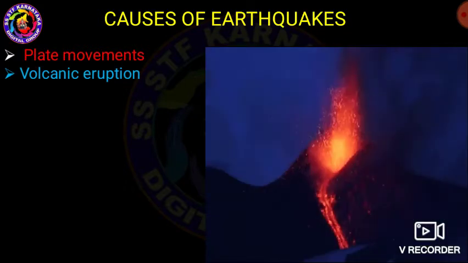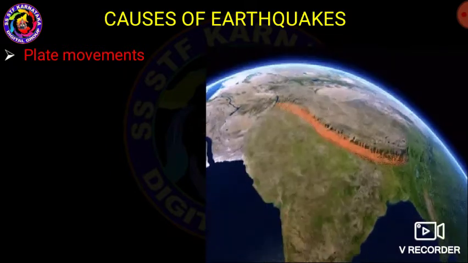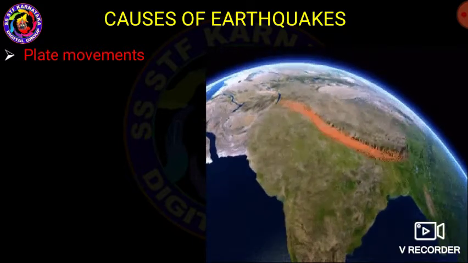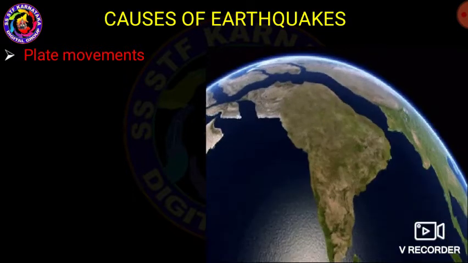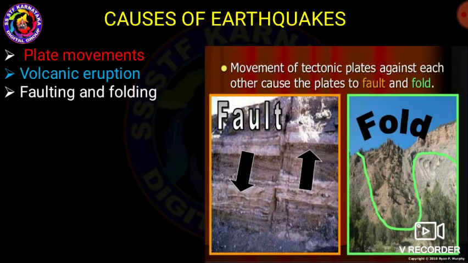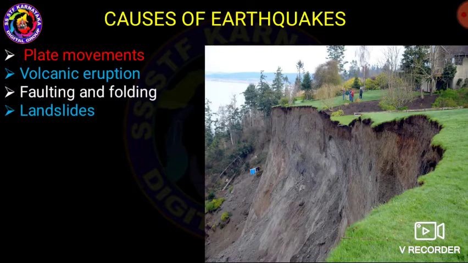Then, what are the causes of these natural disasters? What are the causes of earthquakes? My dear students, earthquakes occur due to several causes, such as plate movement. Plate movement is one of the causes of earthquakes. Then the second one is volcanic activity. Then the third one is faulting and folding. Then landslides,